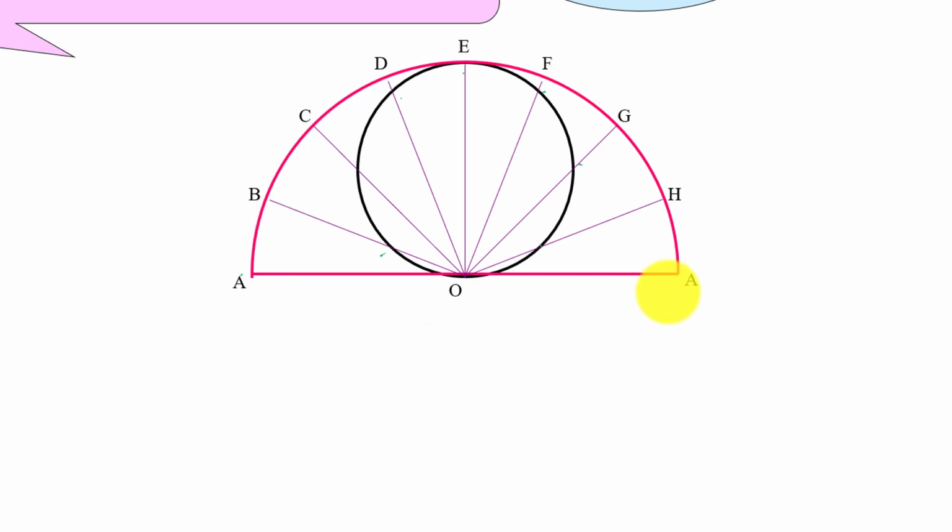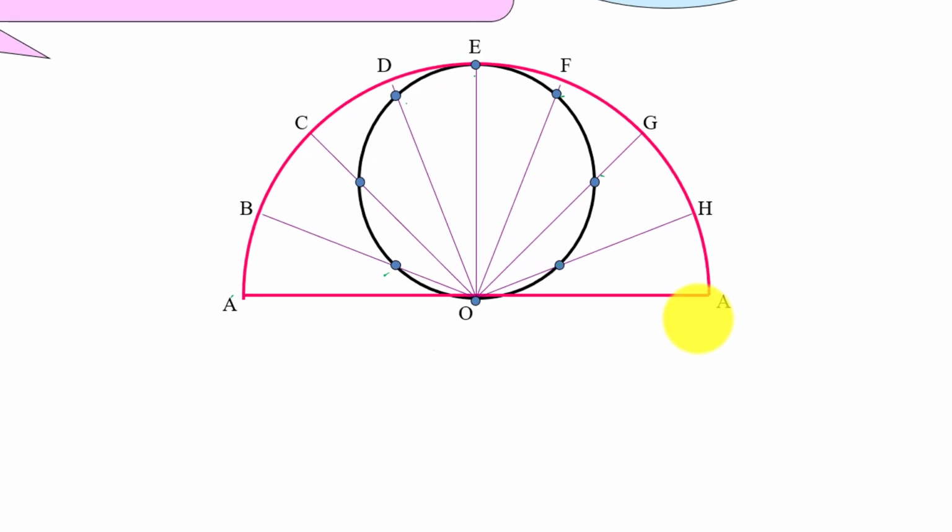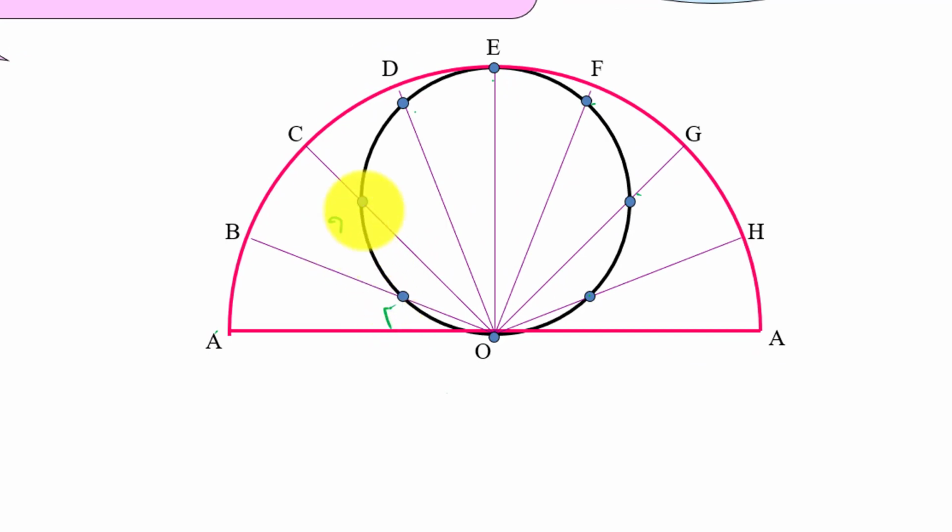Now we locate the next step, these points: 1, 2, 3, 4, 5, 6, 7, and this is the 8th. We have got 8 points. We are expected to transfer all these cutting points onto the top view as well as the front view. How exactly it looks, we will get in that diagram. In the next step of the problem, I have named these 1, 2, 3, 4, 5, 6, 7, 8. Just I will remove this from before.